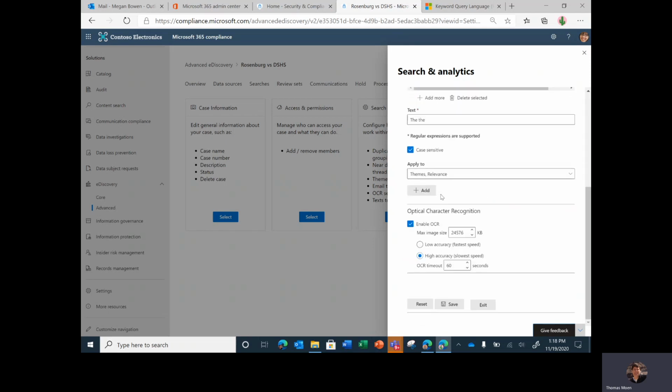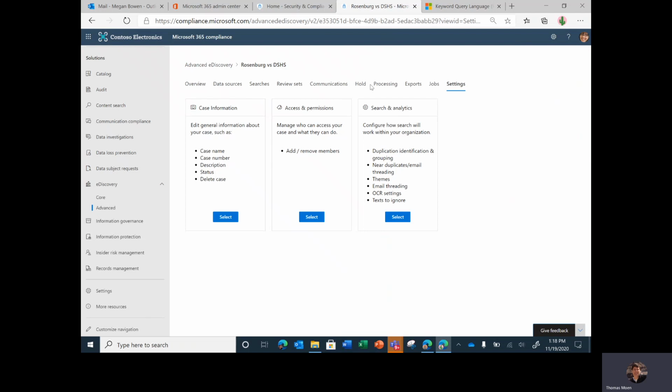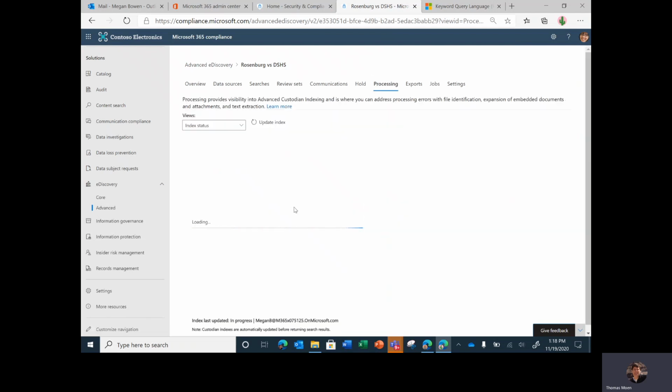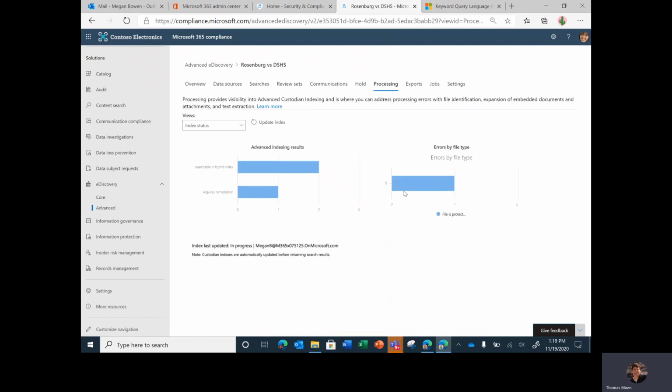So those are all the capabilities in our search and analytics that we have case by case, and we can adjust those. And then again, when I create my searches, I pop my content in review sets. The beautiful thing here is I will see and get some information on my index status if there were any errors. Unlike our core eDiscovery and content search, I don't even have any idea. I just see, hey, there's a bunch of unrecognized content or partially indexed information. I here can see, hey, one issue in particular is this file was protected, and